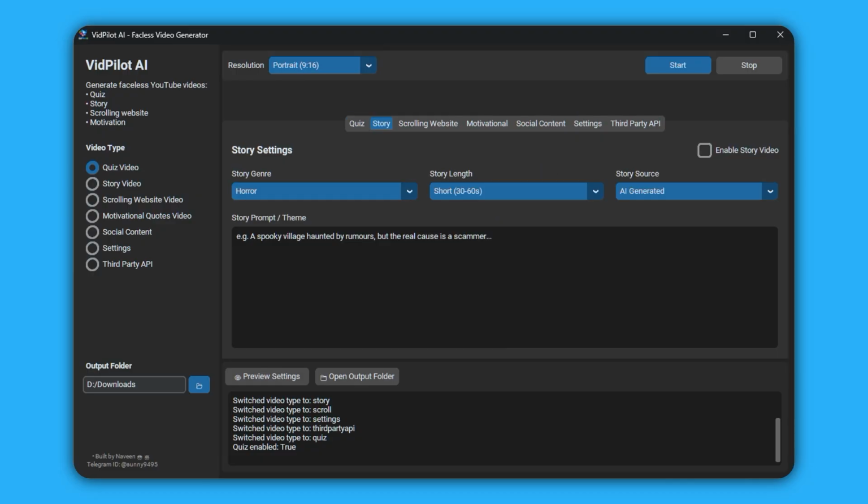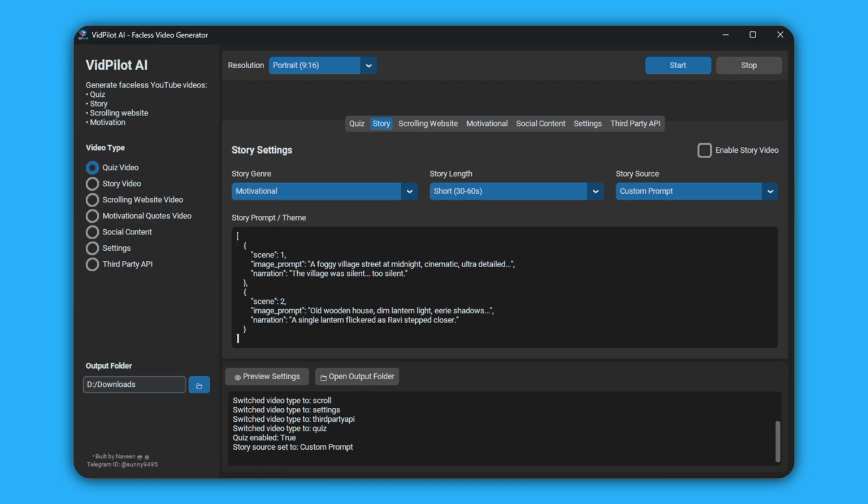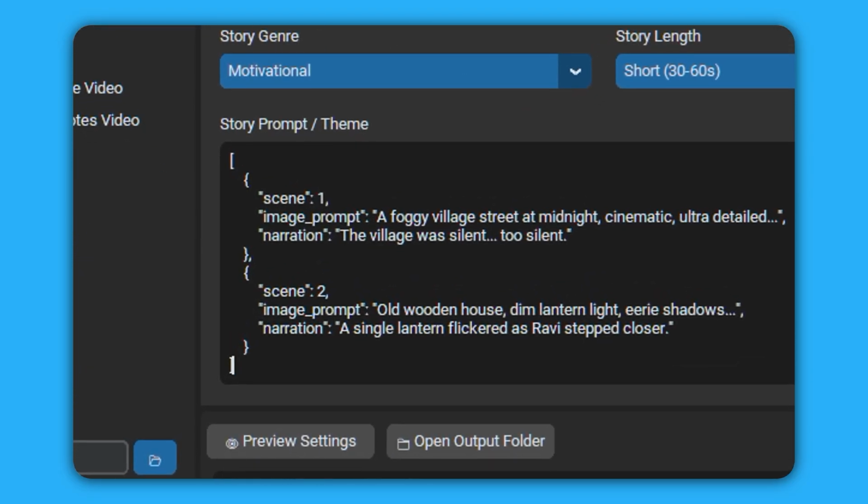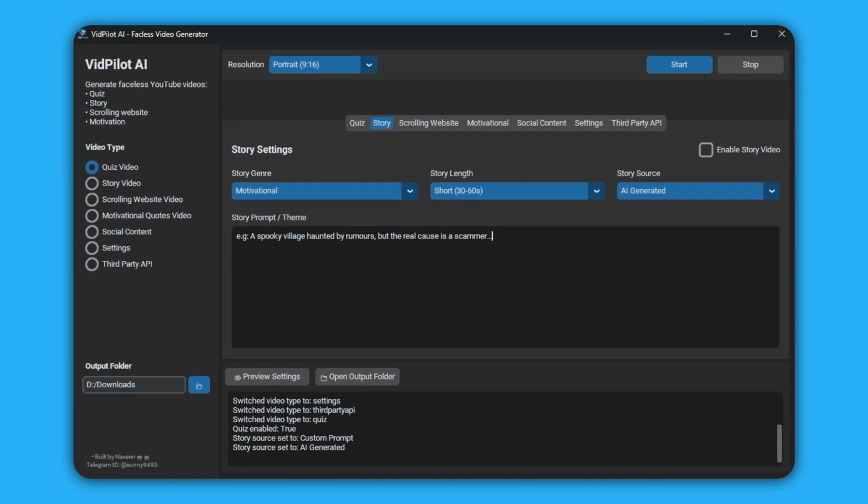I'm going to hop over to story. We can have motivational, love, moral, thriller, Reddit drama. Let's say motivational. So once you've selected the type, you can select the length. It can go up to 3 to 5 minutes. And you can either have a custom prompt, which is where you define the scenes in the image prompt, or you just let AI generate it. All you really need to provide is the story prompt. So here you can see they've said a spooky village haunted by rumors, but the real cause is a scammer. So we might say for motivational, a motivational video about getting 2026 off to a fantastic start by setting goals. I'm going to click enable on that, but I'm still not going to start it yet,